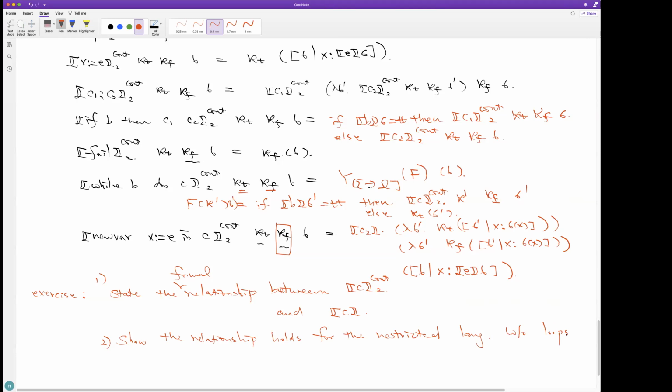So that's the second exercise I want you to try. And then finally, if you solve both of them, maybe think about how to include the loop.